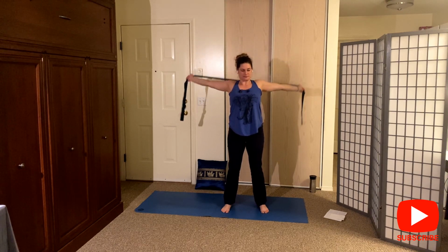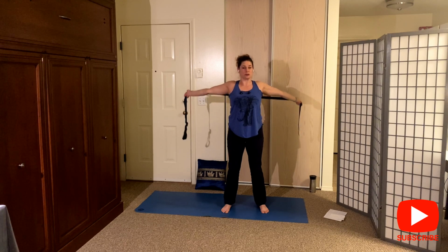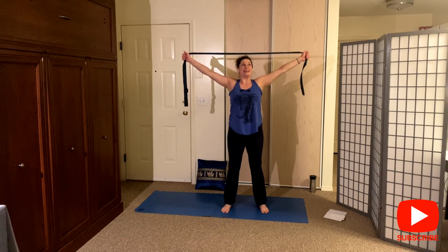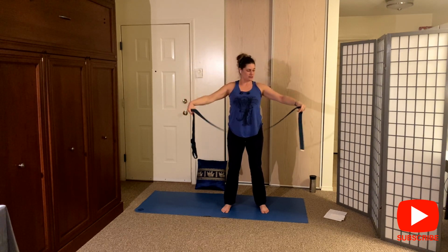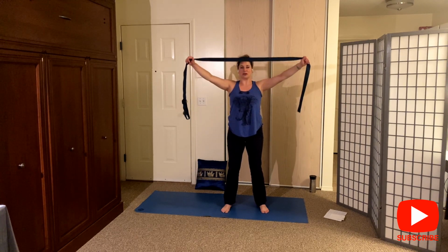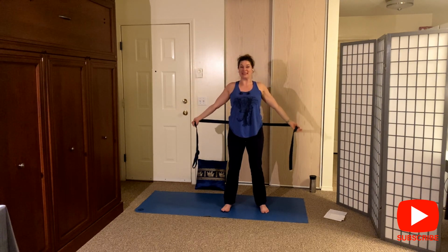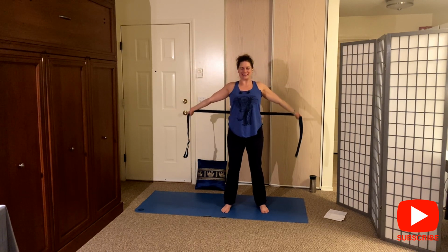All the way up and all the way down. So obviously you're gonna need to do it without any pain in the shoulders. And if it's getting easy, just bring your hands a tiny bit closer to each other. And same thing, you're going to inhale up, exhale, try to go at the back without bending the elbows. And again, inhale up,